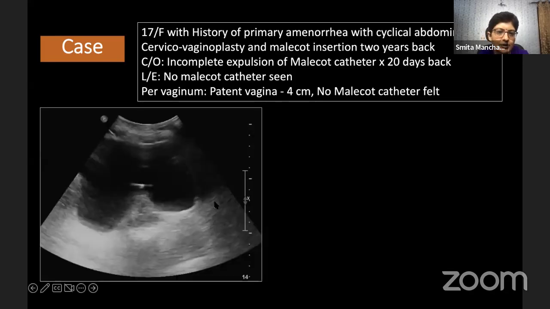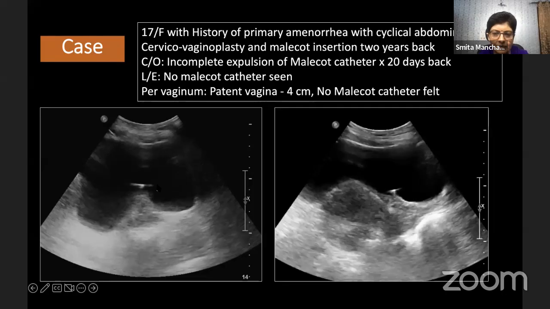So this is the ultrasound image. Here you can see that this is the bladder. This is the region of the reconstructed vagina. And what are we seeing? We are seeing the tip of the Malecot within the bladder. So here you can see it in the sagittal image. So this is the IUCD, and now we can see that it has penetrated through the vagina,